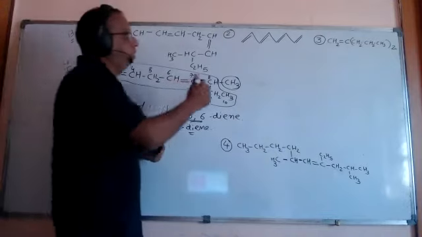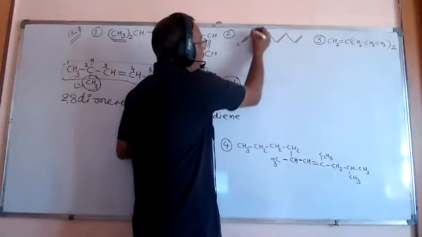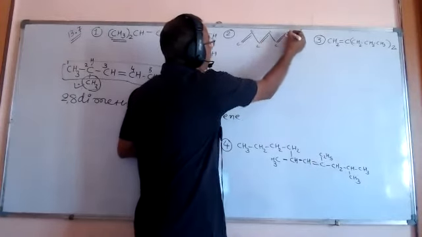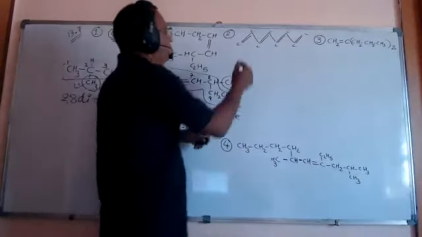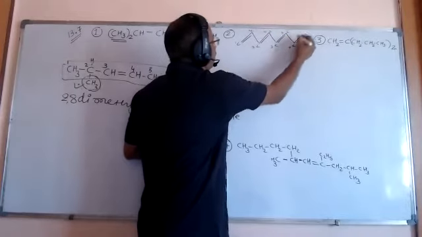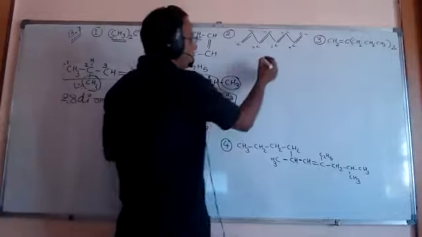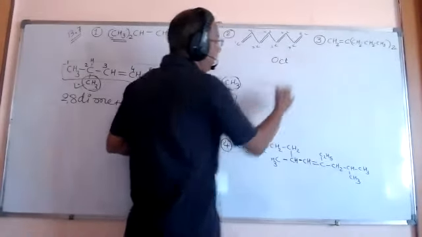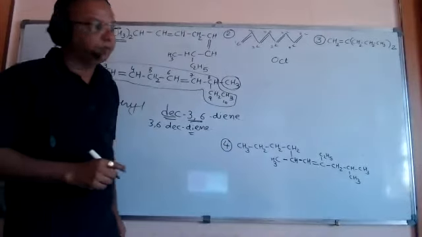Let's go to the second one. If this type of structure is given, you just imagine a carbon at each angle and you will get the simplest name. So you can see, first, second, third, fourth, fifth, sixth, seventh, and eighth. A total of 8 carbons are there. So it's oct for 8. Double bonds are present. That's why not octane, it is oct.